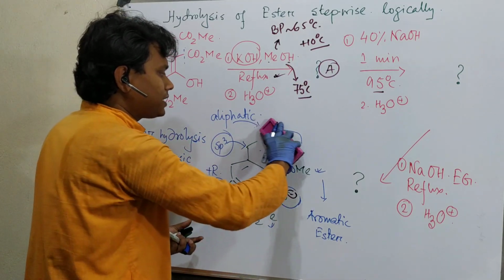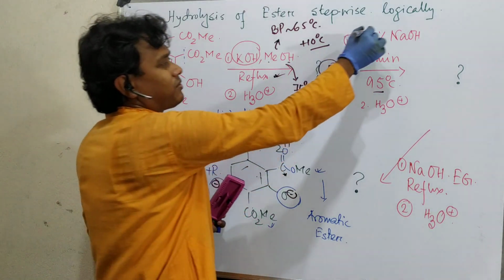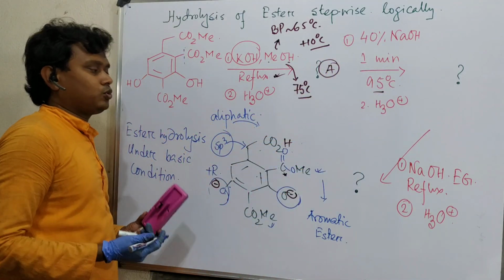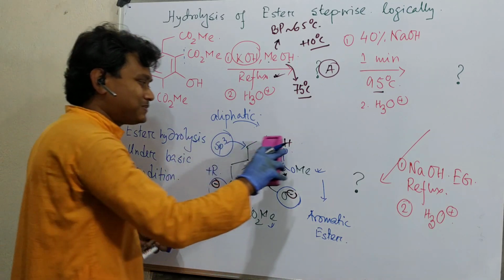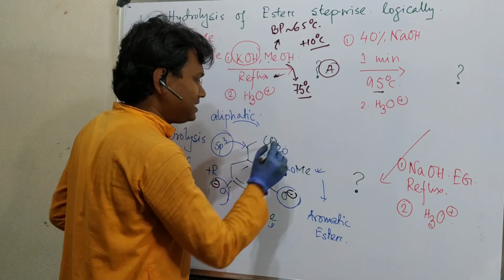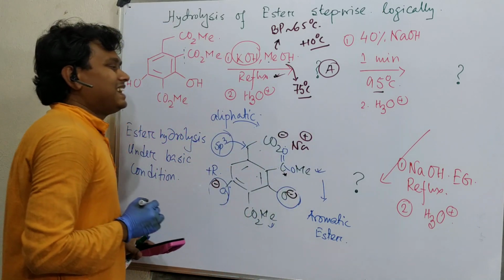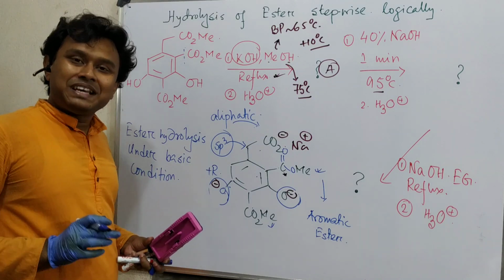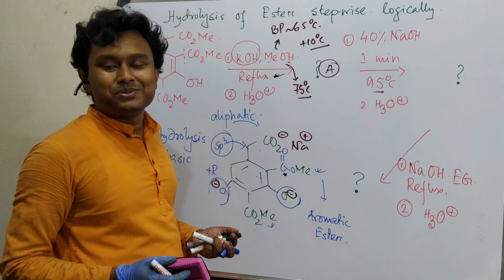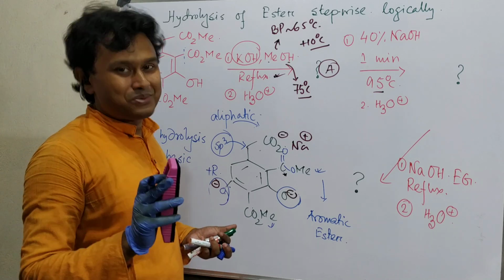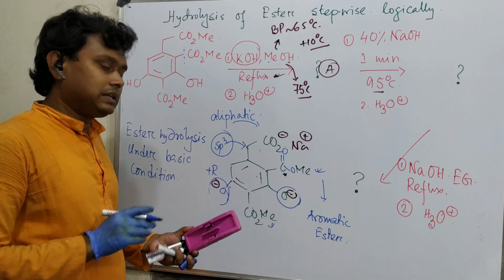Fine. Now, in the second step, 40% sodium hydroxide, heating. What will occur first? Not ester hydrolysis. Please be careful. There will be an acid-base reaction. This will be minus, this is Na plus. This is the first step. In an exam, the examiner can be a little clever: he can eliminate the H3O plus and ask you. Then if you memorize, you will be in trouble. That's why it is essential: if you understand logically, you will never make a mistake.